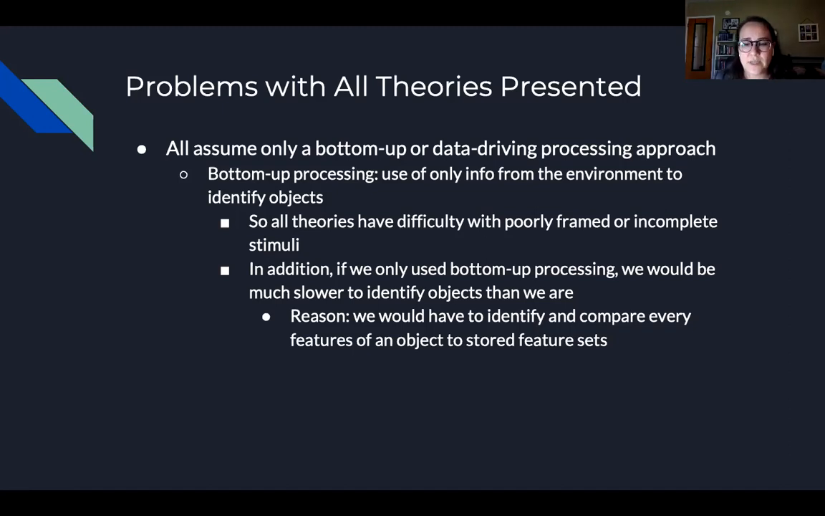They also have a hard time accounting for why our processing speed is far greater than what's predicted if a full feature analysis were occurring, even though feature analysis is quicker in comparison to template and prototype matching. That is still a lot of information to dig through and try to find a match. And so therefore, a successful theory regarding pattern recognition would need to include considerations of top-down processing as well,